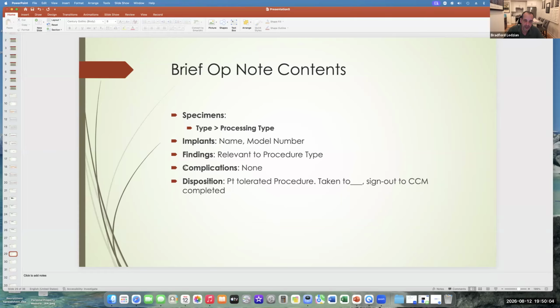Complications is a complicated topic to discuss. Generally, if there's no complications, it's great, put none. I generally will define a complication as an irreversible, unintended outcome. So you might say, well, we made a nick in the diaphragm and we had to repair it. I don't know if that's a complication. That might be incident to the fact that you were doing redo surgery and had to repair it.